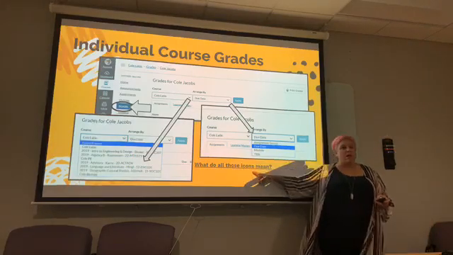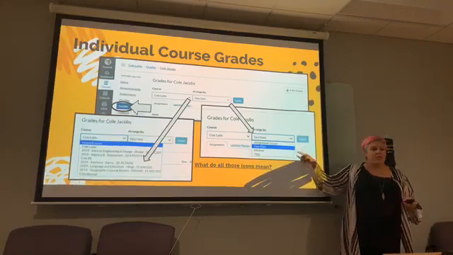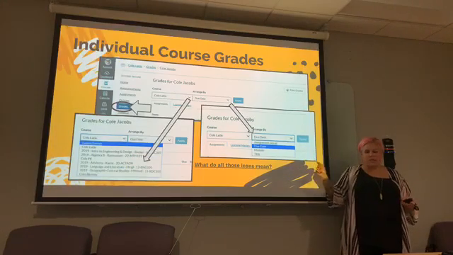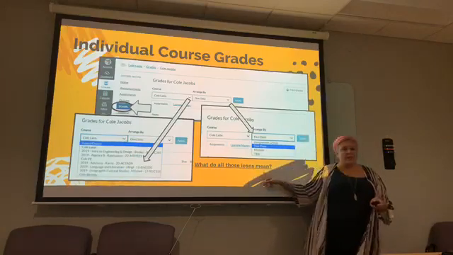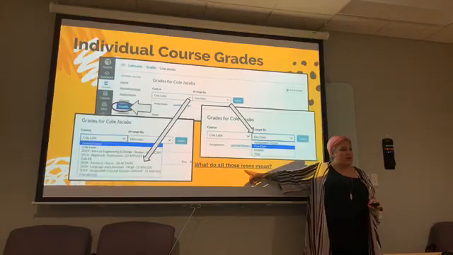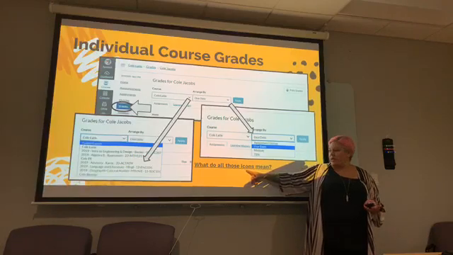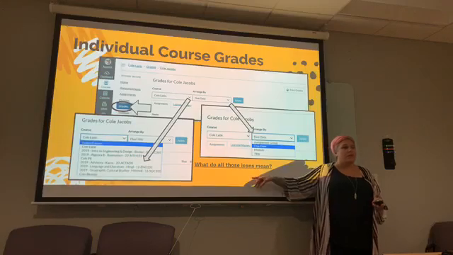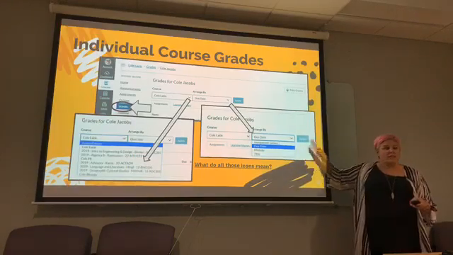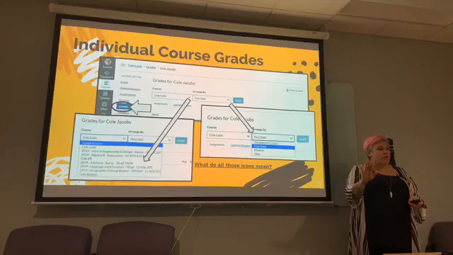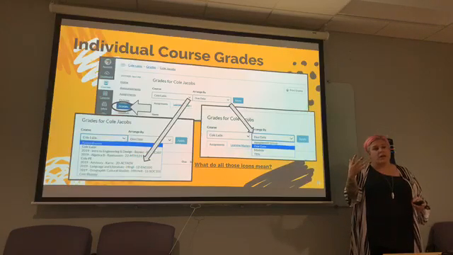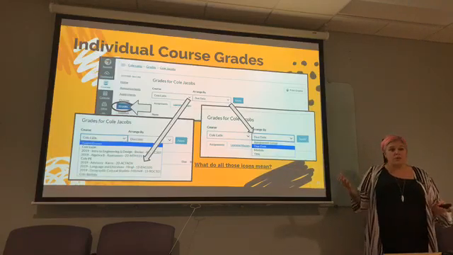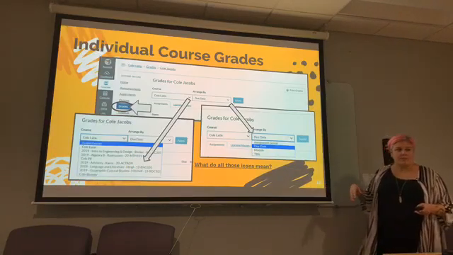Within Canvas, there are all sorts of little icons, notifications to you. So instead of us going through what each of those tiny little icons means, this is a link to a Canvas handout that explains every one of those icons. When you go to that link, this is a hyperlink to a PDF that explains every one of those icons. Canvas also, all you got to do is put your pointer on and hover over it, and it'll pop up a description of the icon as well. So you don't have to go in and look. You could just hover over each one, and it will tell you what that icon means.